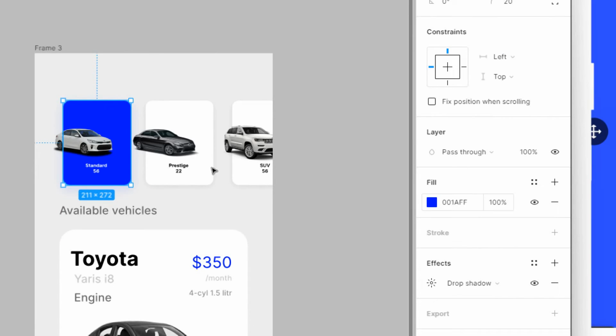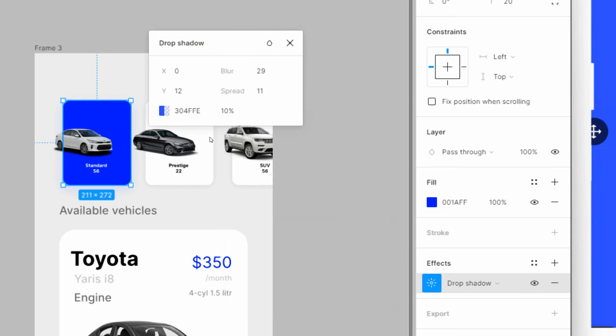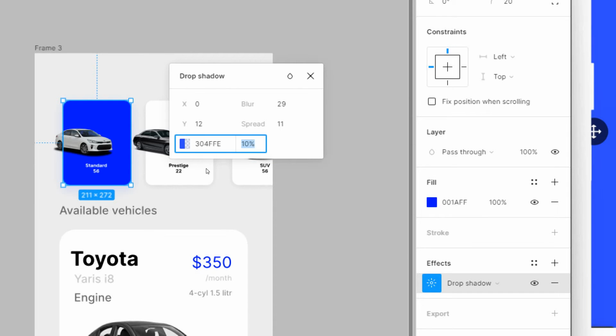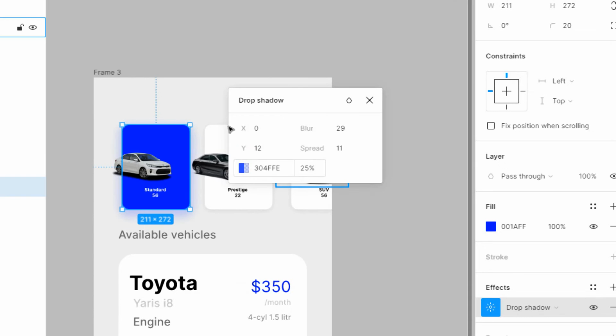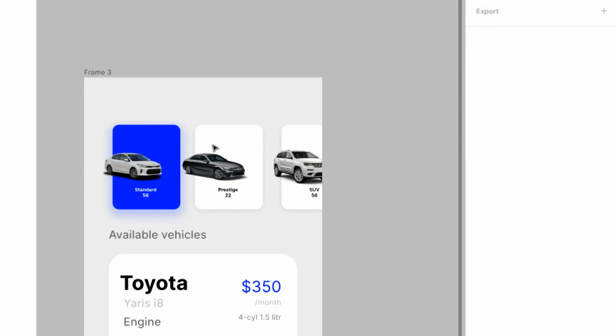I can't even see any of it. So sorry, not this. So I'm gonna give around 25%. That would do. Okay, yep, that's nice. So as you can still see, the glowing shadow here below the product card here. And let's go for the